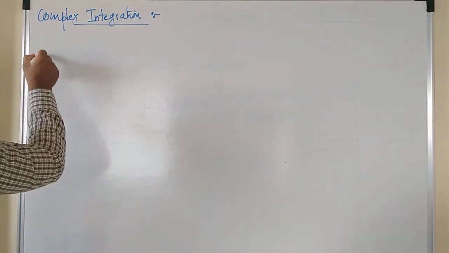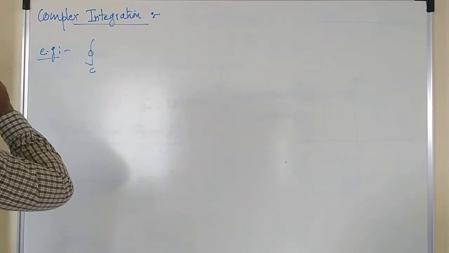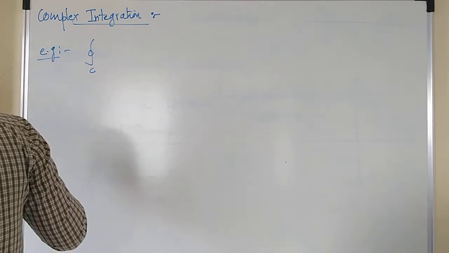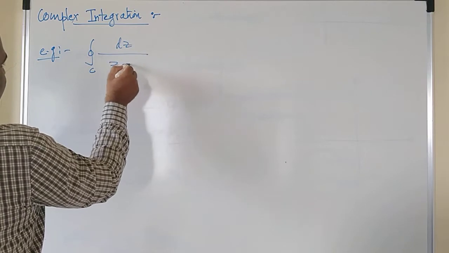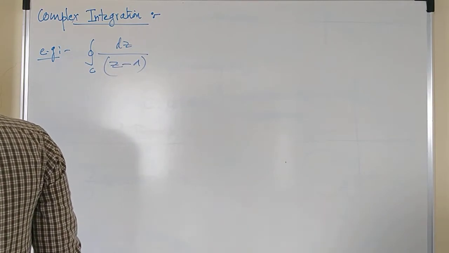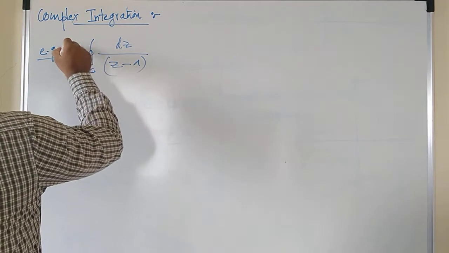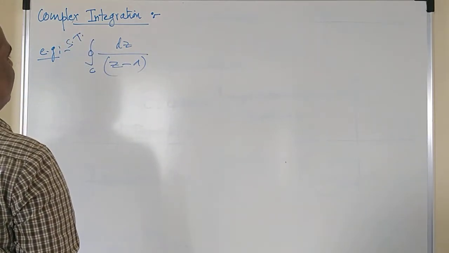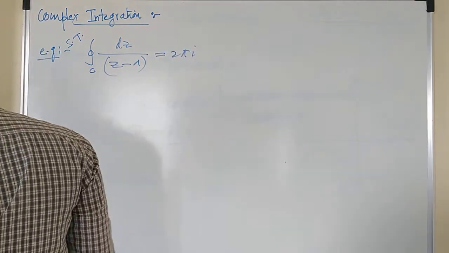Contour integral of the given function, what's the problem? dz upon z minus a. We have to prove this, or I can say show that contour integral over the curve C dz upon z minus a is equals to 2 pi I,